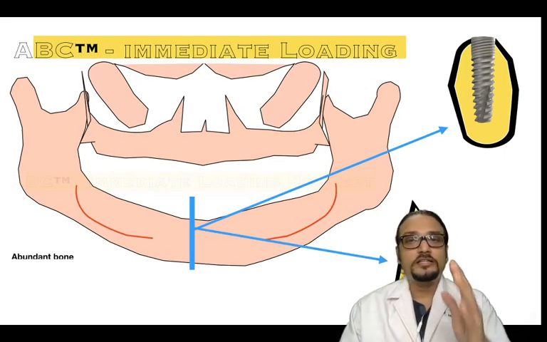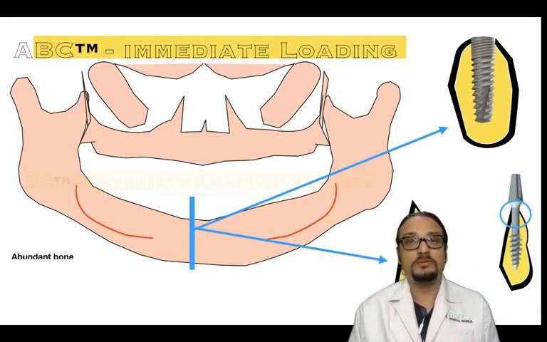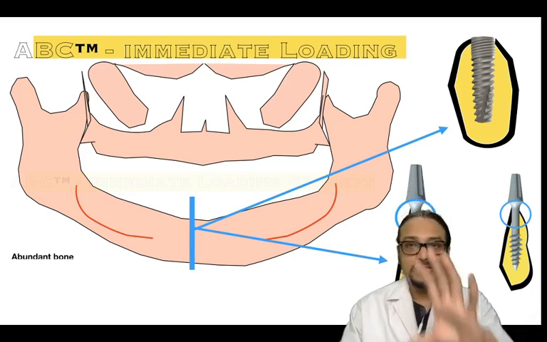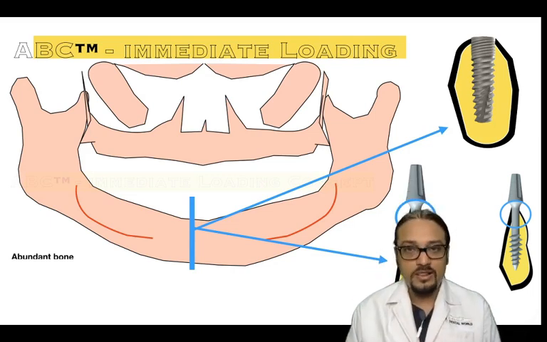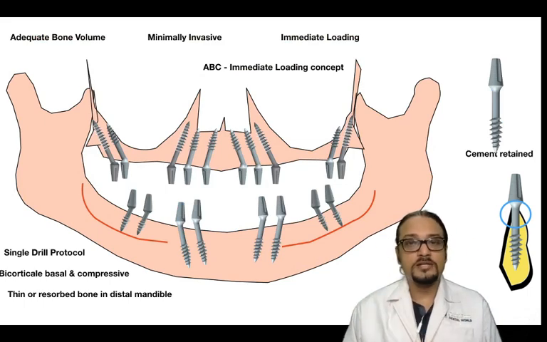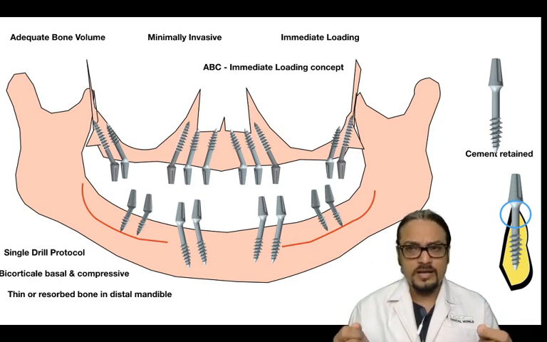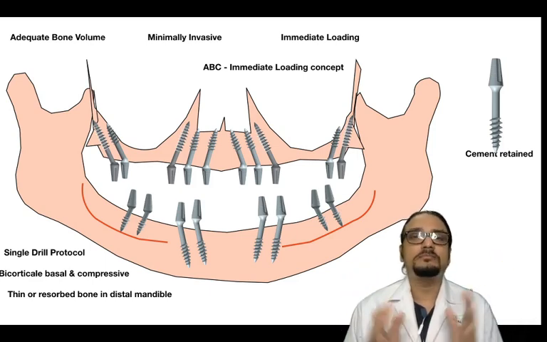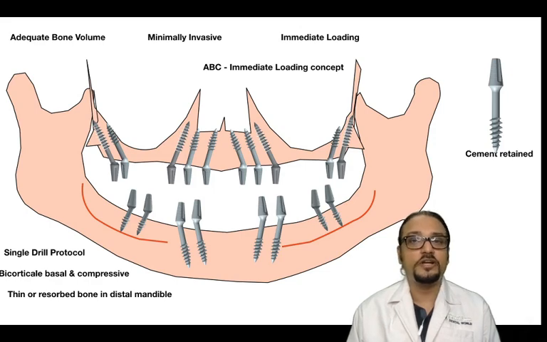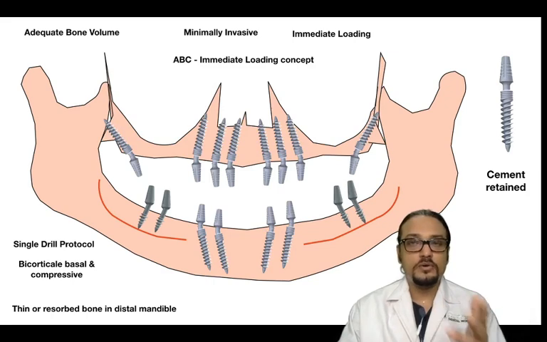So that's why, instead of modifying the bone, the design has been modified. The design of an implant has been modified to place it into the suitable jawbone. This is how single piece implants work really excellently when the jawbone thickness is very thin. This is the protocol in single piece implants. Implants are placed in greater number, and they are slightly bent at the neck, and these are all cement retained. They don't have an option of screw retained, as you saw in the last video.